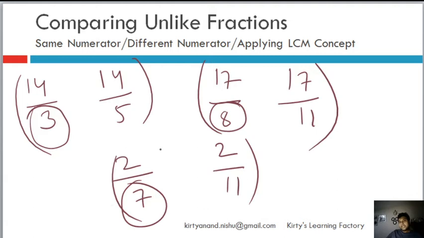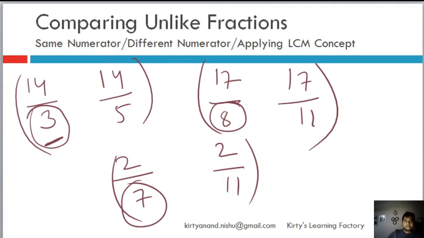Why? Like I explained in the first video, a fraction is basically you dividing the numerator by the denominator. If the divisor is a smaller number, your quotient value will be higher, right? And therefore the fraction will be of higher value. So if the numerator is the same, and your divisor, basically the denominator, is a smaller value, this will have a higher quotient, and hence this fraction will be larger. So that's the reason behind it. Remember this reason. While books will tell you that the numerator is equal, so the fraction with the smaller denominator will be larger, understand why.